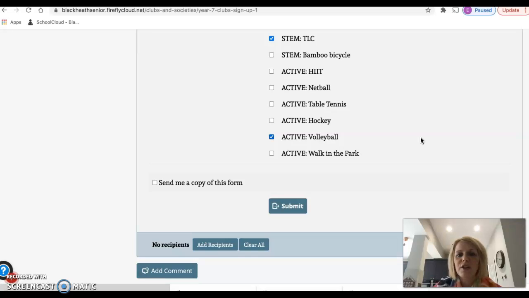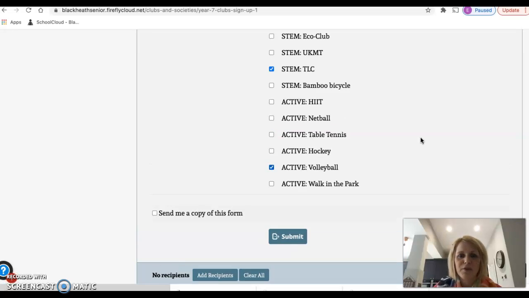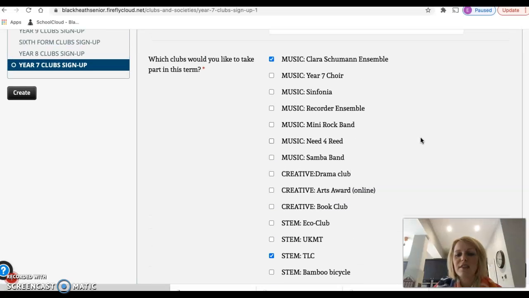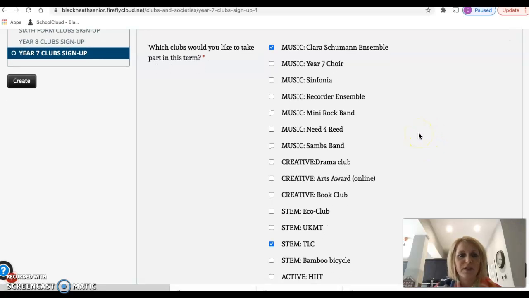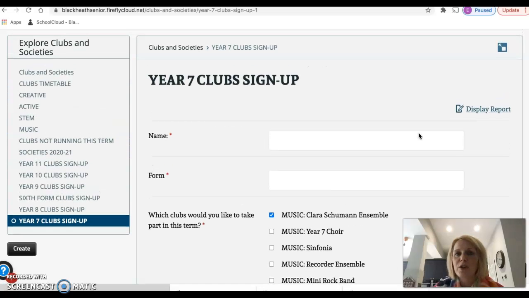So can you please make sure that you don't fill the form in multiple times, which is one of the things that sometimes happens. You also need to think carefully about which clubs you'd like to do. The idea is that you sign up at the beginning of the term, and they are the clubs that you have chosen to participate in that term. You will have the opportunity to try different clubs, sign up for new clubs at the beginning of the summer term, but these are the clubs that you have chosen to do for the spring term, and the expectation is that you go every week or whenever they're scheduled, either week 1, week 2, and that you let the club leader know if you are unable to participate. So you fill in the form, click submit, and that is all you need to do.